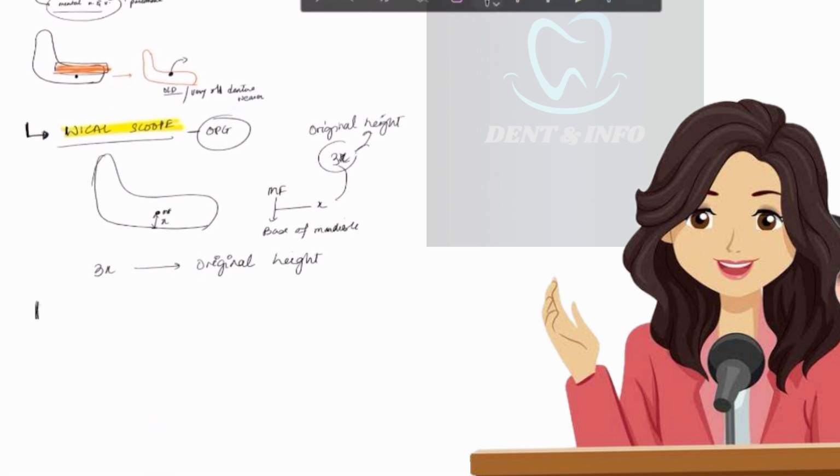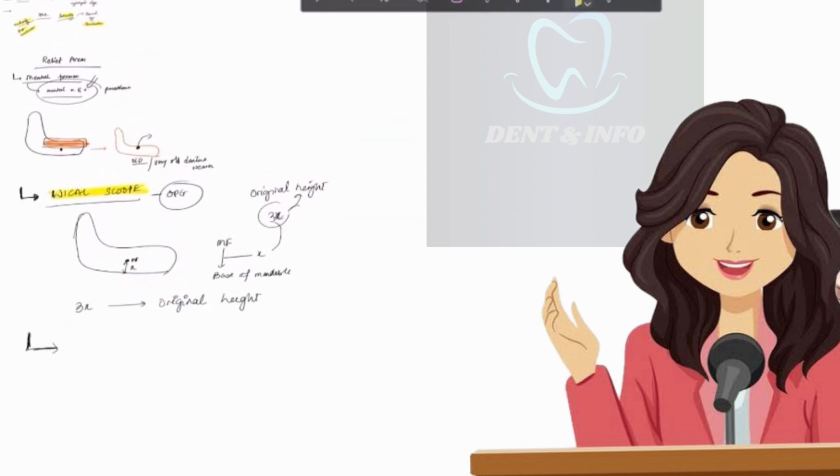You don't go around reading all studies, but this is a specific study which I see can be asked because it covers aging, it covers resorption, it covers landmarks. It ticks all of the boxes that could be asked in our exam. So this is an important point. You can actually remember this, and this is very easy. 3x the distance from mental foramen to the base of the mandible would be your original height of your mandible. Now coming on to our